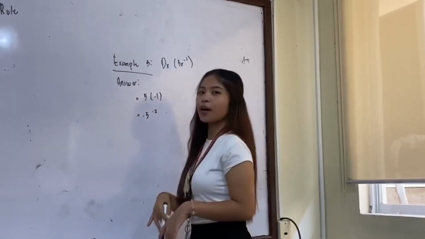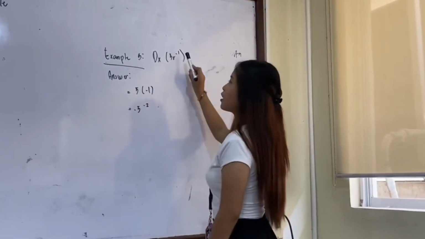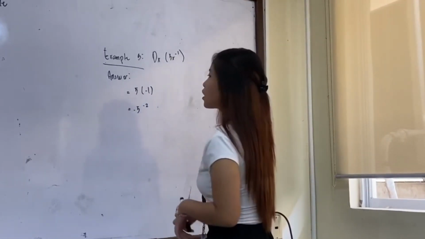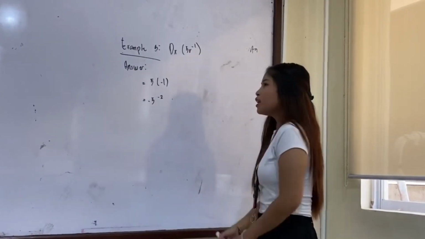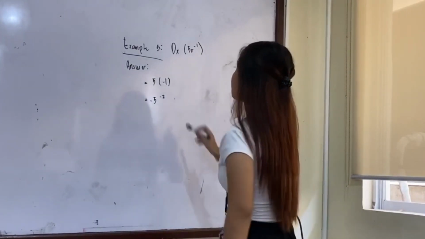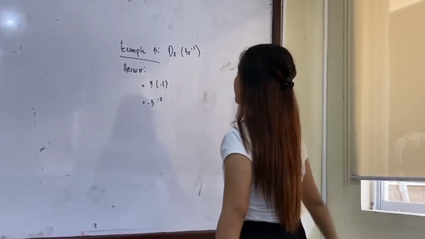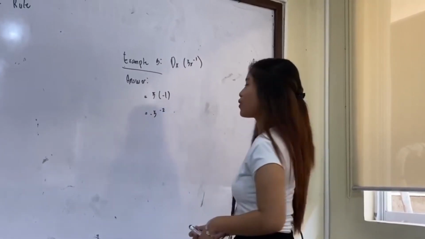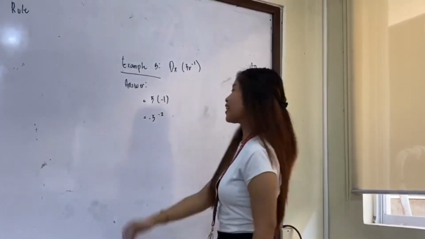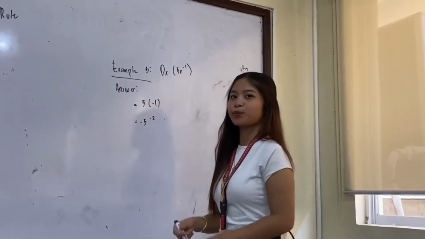Our last example, derivative of 5x raised to negative 1. Ang gagawin natin dito is katulad lang yung kanina. After finding the derivative of this function, i-multiply natin ito, like 5 times negative 1 is equals to negative 5. And kaya rin naging negative 2 to kasi negative minus negative is equals to negative pa rin. Kaya ang sagot ko ay negative 5 raised to negative 2.